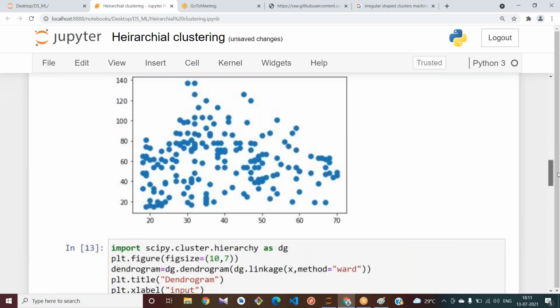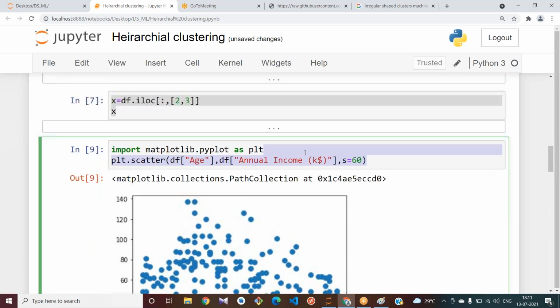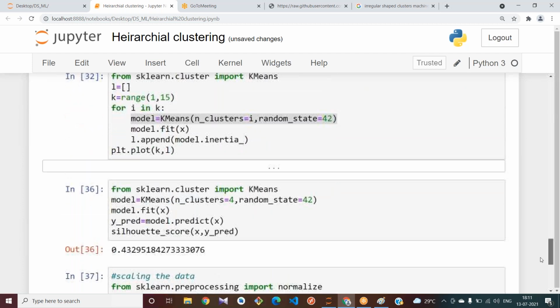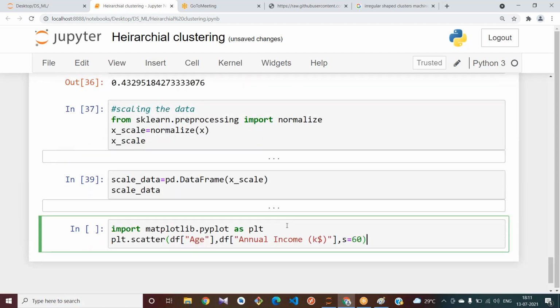Where I have used plotting lines here. Instead of df, try to use data of 0, data of 1.